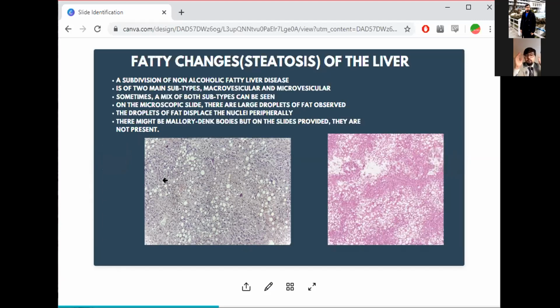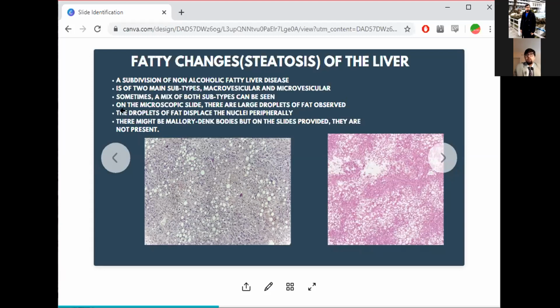Now, there are only 2 diseases related to fatty changes in an organ. One is steatosis of the pancreas and the other is steatosis of the liver. Now, the liver and pancreas are very distinct even in histology, right? So if you look at this, you'll see there are these small white dots everywhere, and that would tell you that this is fatty changes, right?